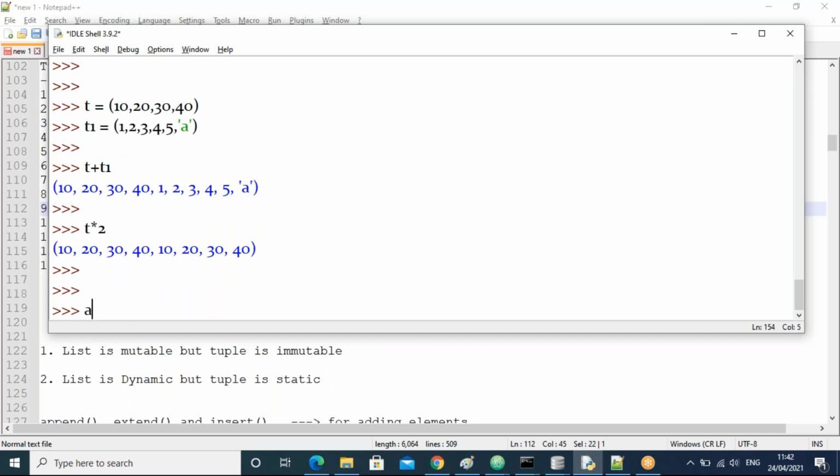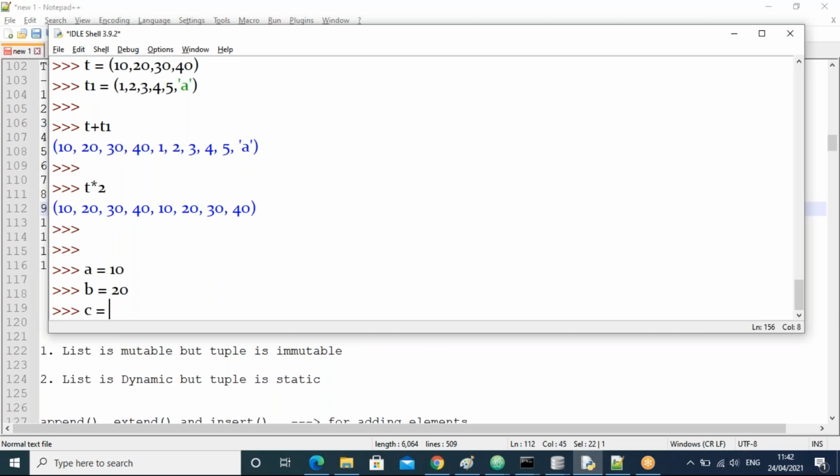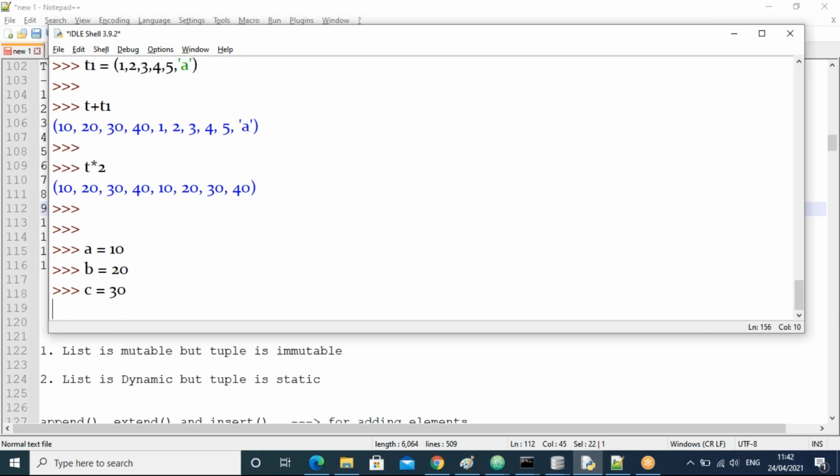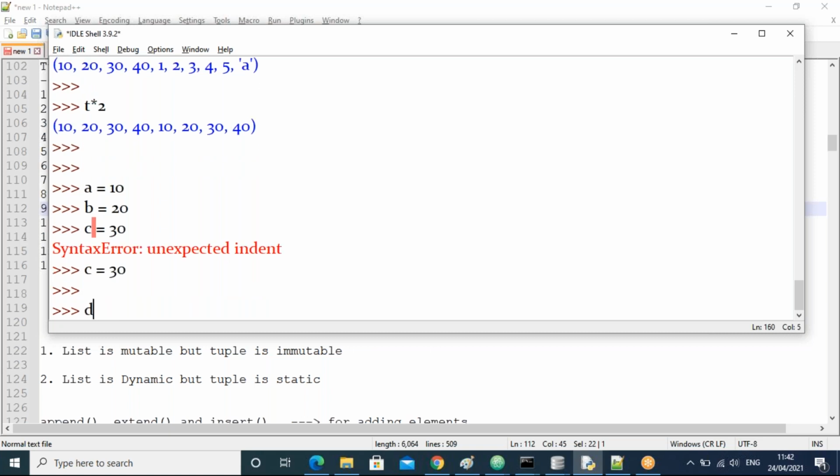Packing. I'll take suppose a equal to 10. Okay, b equal to 20, guys, and c equal to 30, d equal to 40, or some value, maybe true or false, like this.